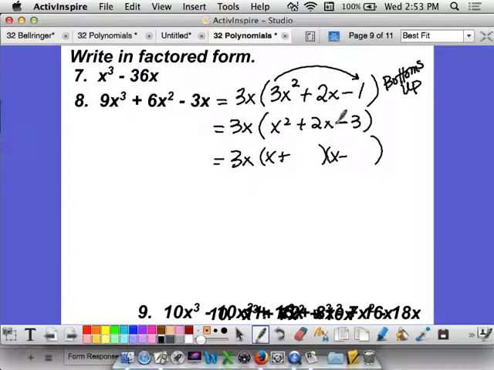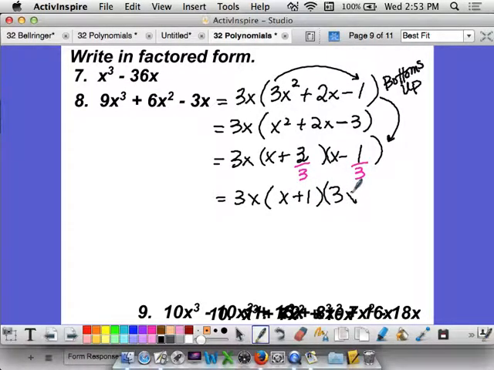What are factors of 3 that subtract and give me 2? 3 and 1, and that 3 gets that plus sign. Then if I multiply in by 3, I have to divide out by 3, and you can't forget that. That's very, very important. So here I have 3x times, this reduces to 1, and this bottoms up,